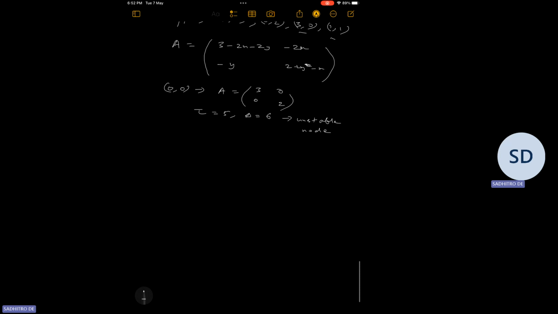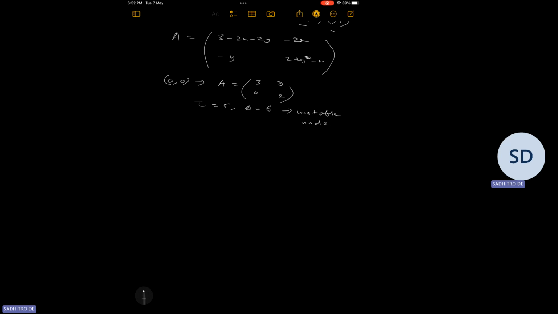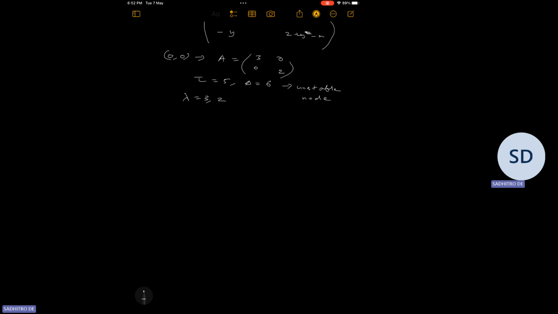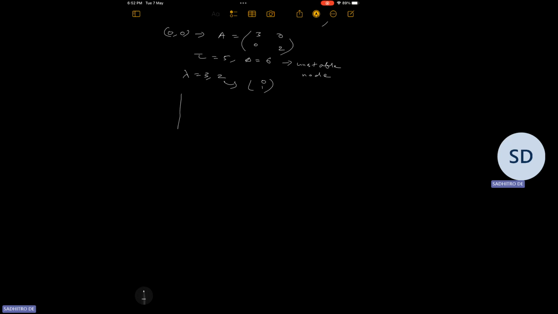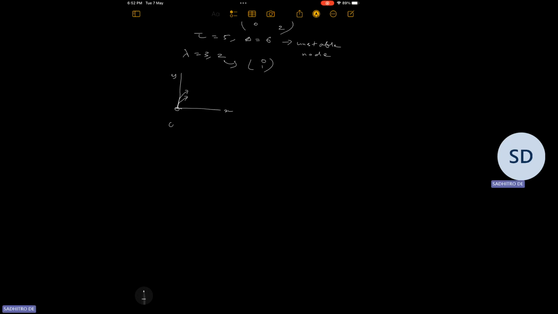All right. So we see that there are two eigenvalues of the matrix corresponding to lambda equal to 3 and 2. Lambda equal to 2 is the slower eigendirection, and the eigenvector corresponding to lambda equal to 2 is basically (0, 1). So the slower eigendirection is the y-axis, and the trajectories close to the origin will be parallel to the y-axis. So the phase portrait near the origin, which is an unstable fixed point, will look somewhat like this. Mind you, x and y can only take positive values, so this is what the trajectories close to the origin will look like. Similarly, for the fixed point (0, 2), which says that there will only be sheep and no rabbit,